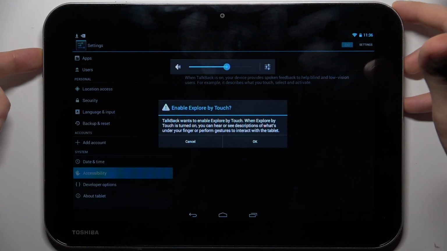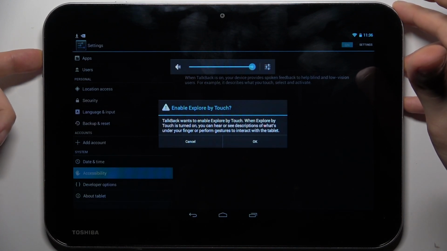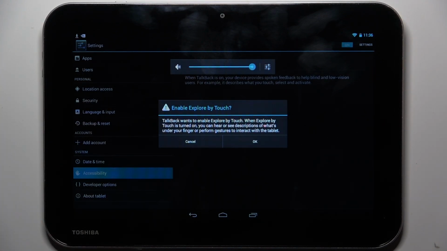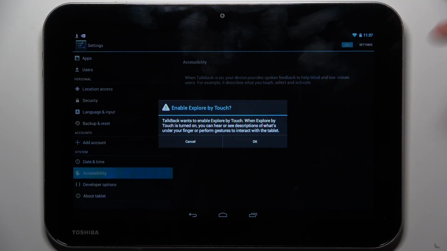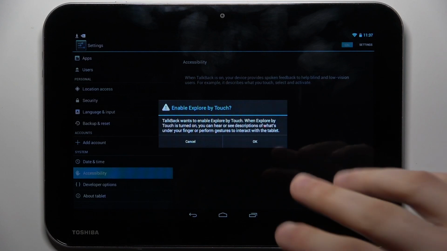Talkback wants to enable Explore by Touch. When Explore by Touch is turned on, you can hear or see descriptions of what's under your finger or perform gestures to interact with the tablet. Cancel. OK. So when you're in Talkback mode, every action of yours